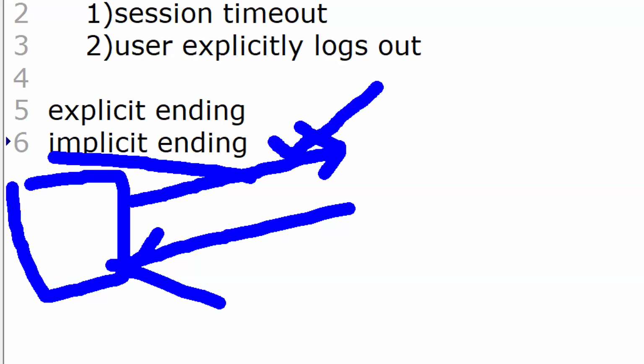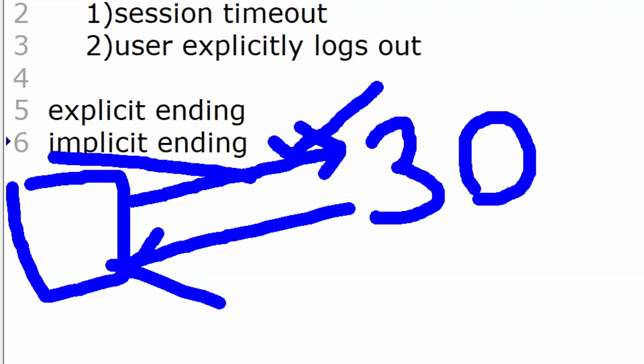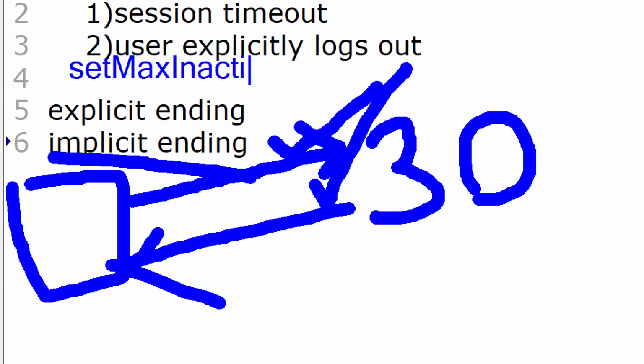Who will do that? The container will automatically do it. How much time can the user be inactive? If it is a Tomcat server, 30 minutes the user can be inactive. But we can change that timeout by making a method call as a programmer, set max inactive interval.